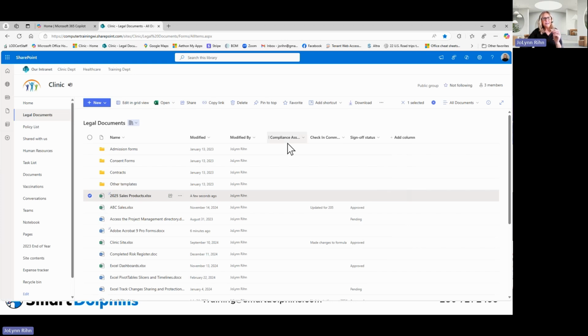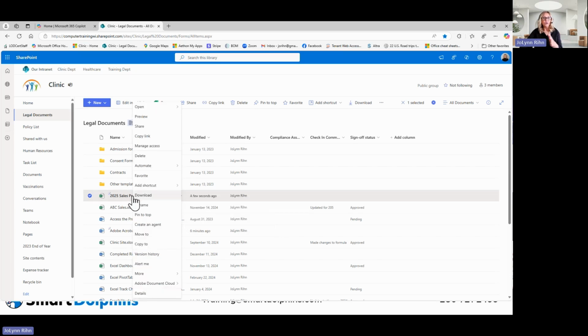But kind of stepping back a second, one of the things that I really like about SharePoint is the fact that we have the capability of checking a file out. So if I have a file that I want to make specific changes to, but I don't want anybody else to be able to open that file and work in it right now,